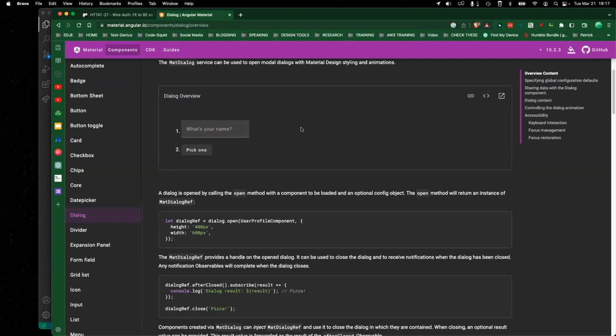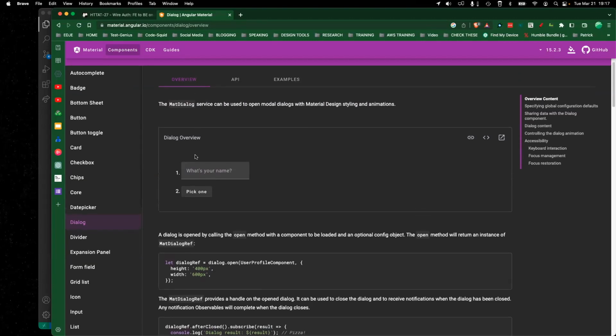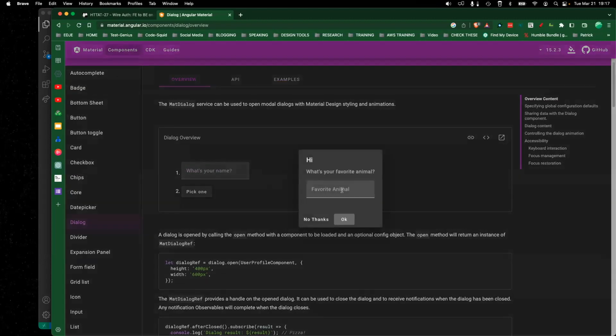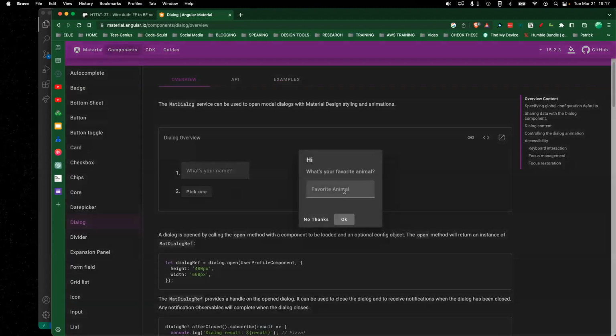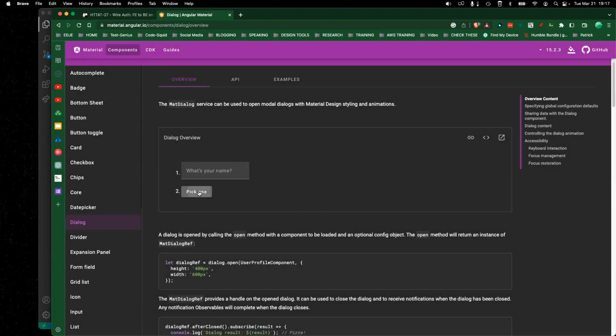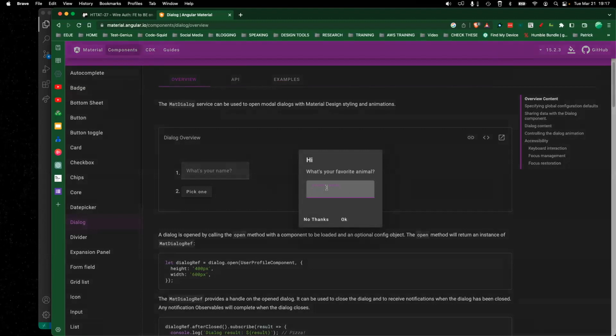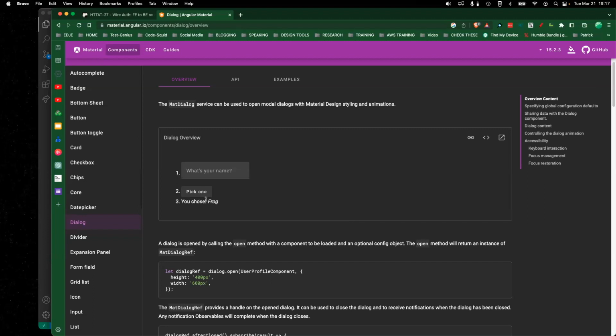Now, you put data in on that field, pick one. Okay, there's your dialog. There's a cancel. There's an okay. Feel free to slap that link in the card. And see, we chose the frog. That's the data that came back. So when you look at this,